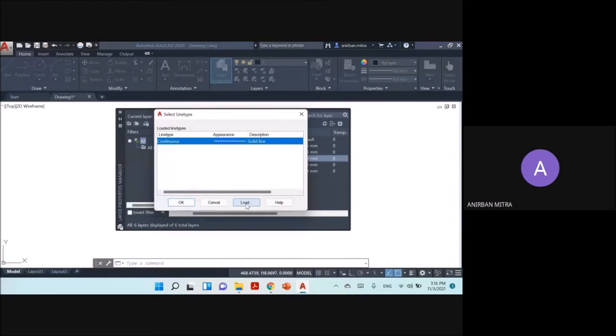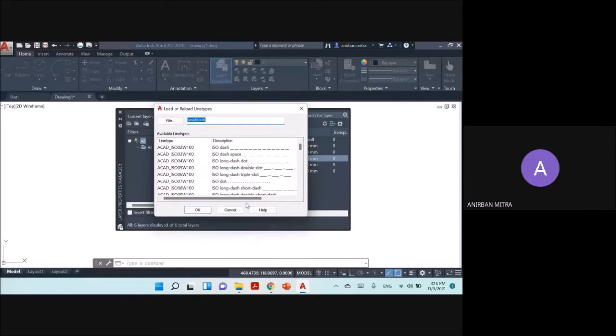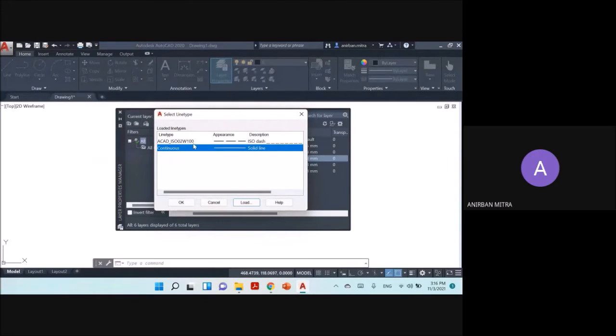So what we can do, we can go to the load option, go to the library, and you can see that the first option itself is ISO dash. So I can select that and press OK. So now you have the ISO dash over here. But you can also perceive that at some point of time, we would be requiring center layer. So center line is also necessary.